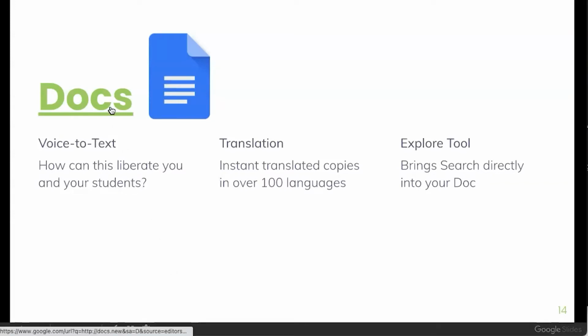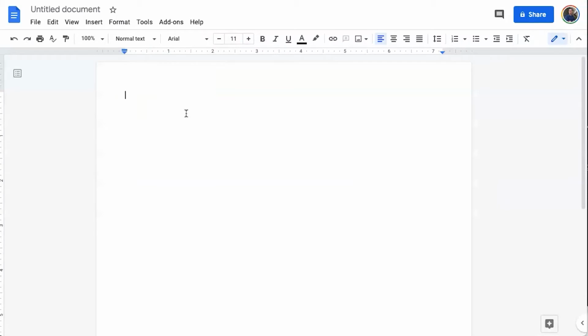With this, I'm going to click here to open up a new Google Doc. We'll look at how we can use voice to text, how we can use translation tools, and finally, how we can bring search directly into our doc in order to help with our processing. So up at the top, I've already opened up a new